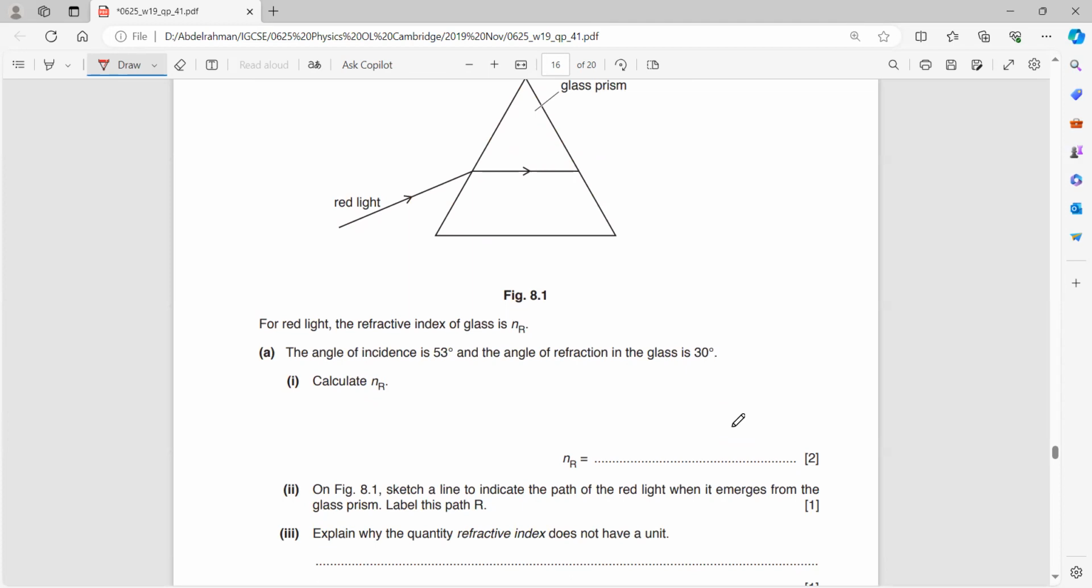Can I find NR? Can I find the refractive index? Can someone remind me what the equation of the refractive index was? Come on, remind me quickly. Angle in the air over the angle in the solid. I mean sine. Exactly, we have to say sine. NR equals sine of the angle in the air over sine